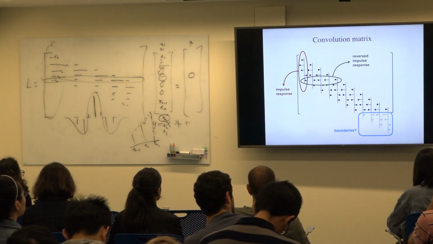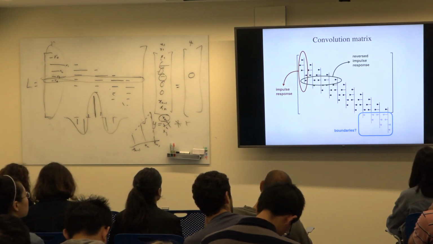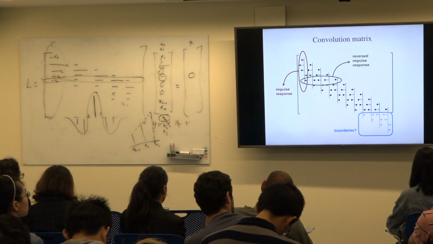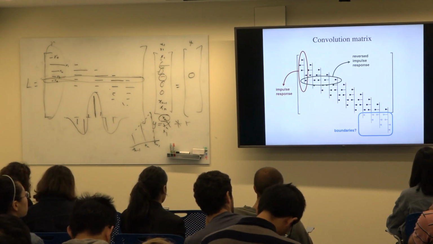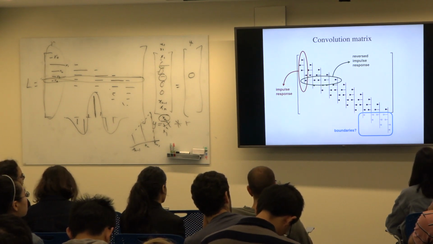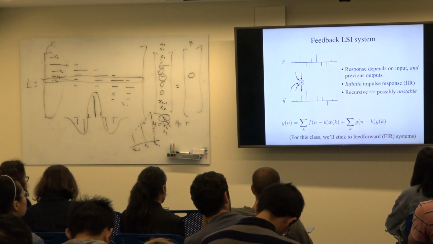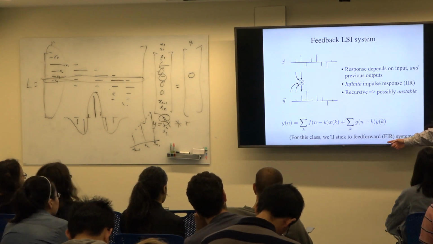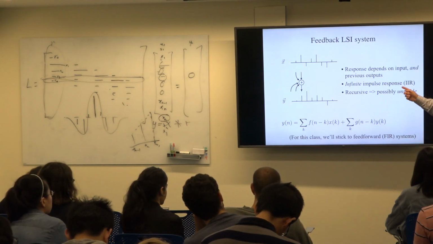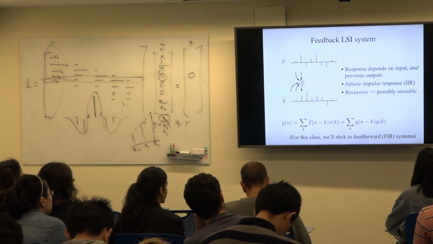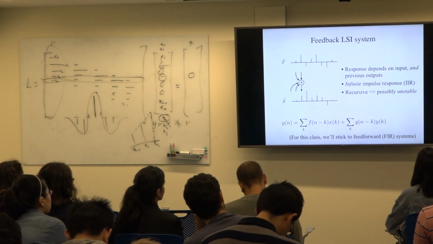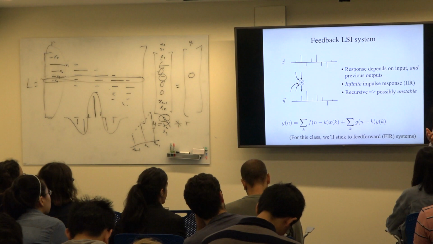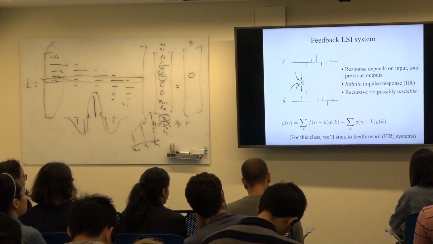Now, everything I've been talking about, the impulse response has been finite. It's been 3 time steps worth of output when you kick it, or 5 or 7. Those are called finite impulse response systems. That's what this stands for, finite impulse response. But sometimes you get a system where you kick it and it'll last forever. And one way to build such a thing, which is a standard thing that you would get in engineering school, way back when,